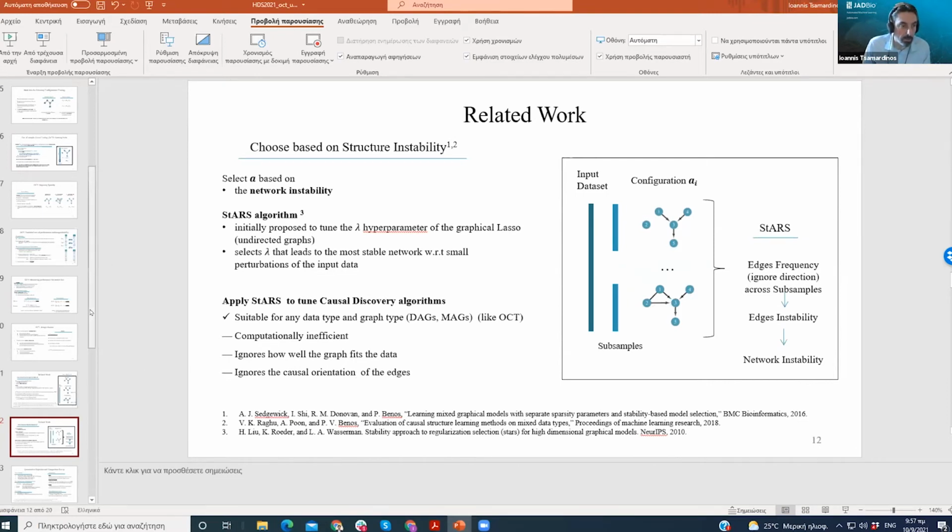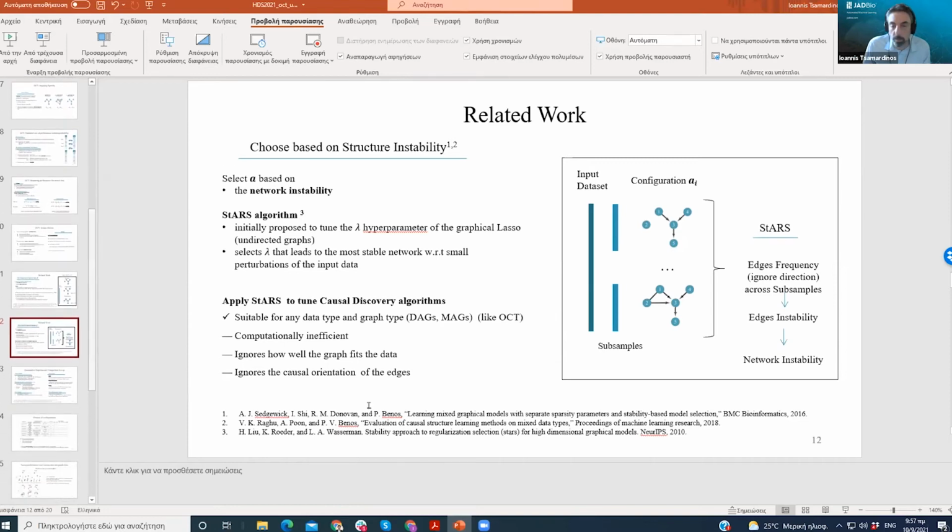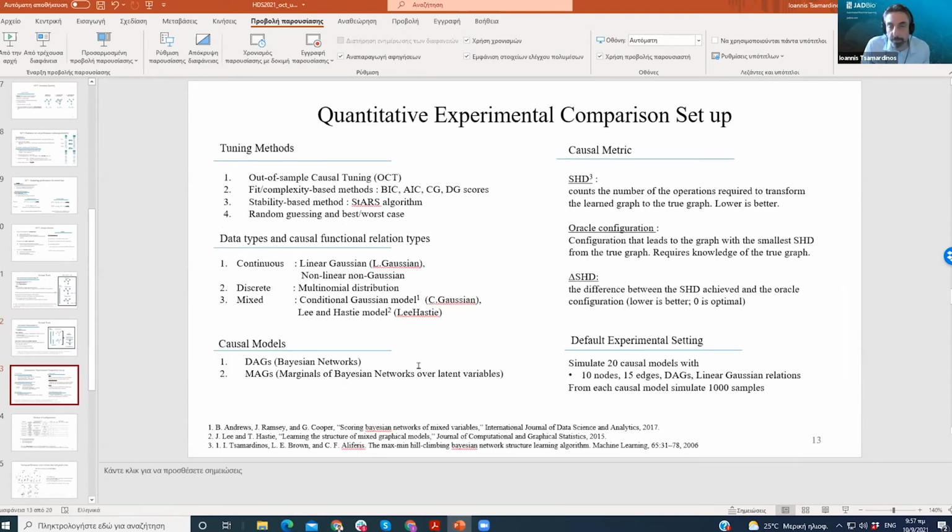All right, so which one works best? And do these methodologies, if any of them, is robust enough and good enough to lead to tuning causal discovery algorithms? That is the question. So we set up a quantitative experimental